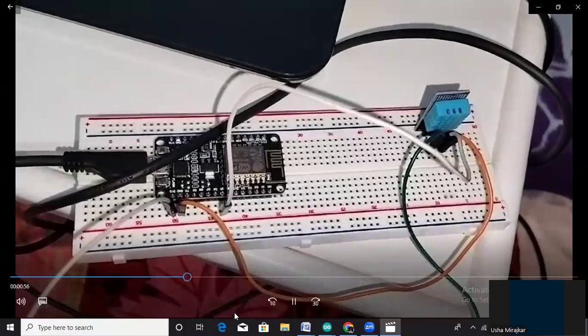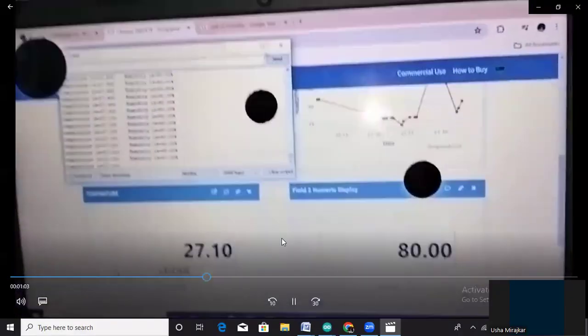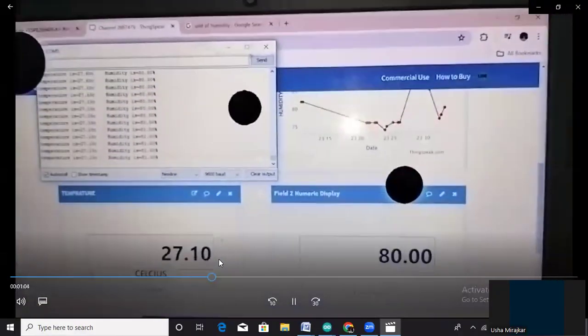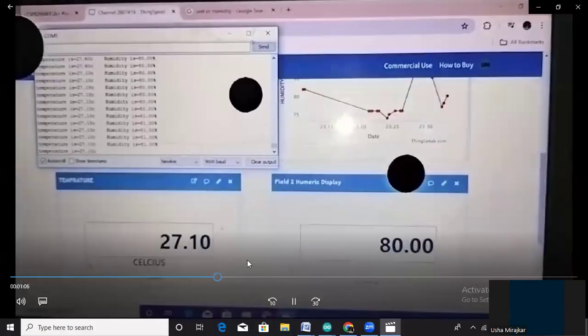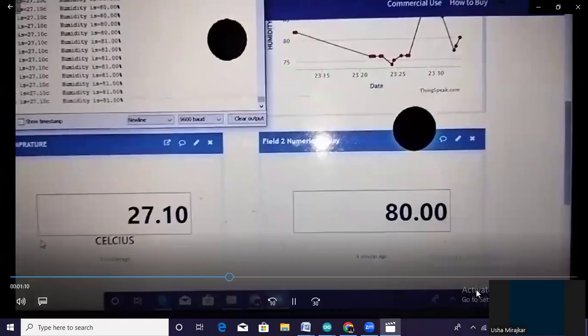Now, let us increase the temperature by creating some heat at the sensor. Initially, for example, the temperature has now risen to 27. Now, we will create some more heat such that the temperature increases.